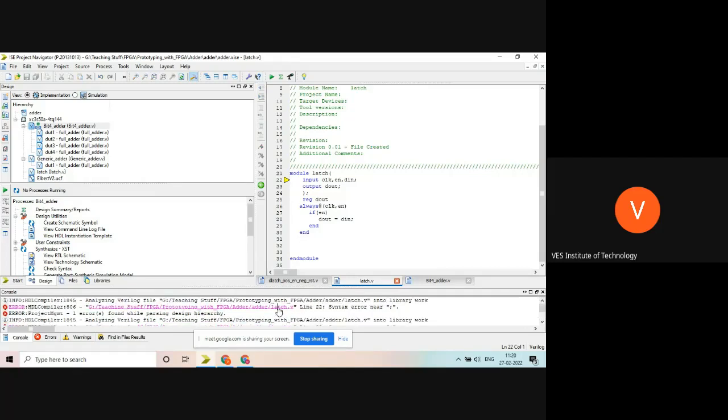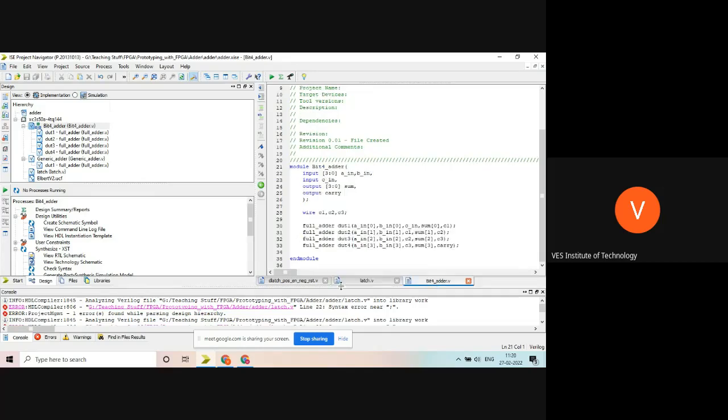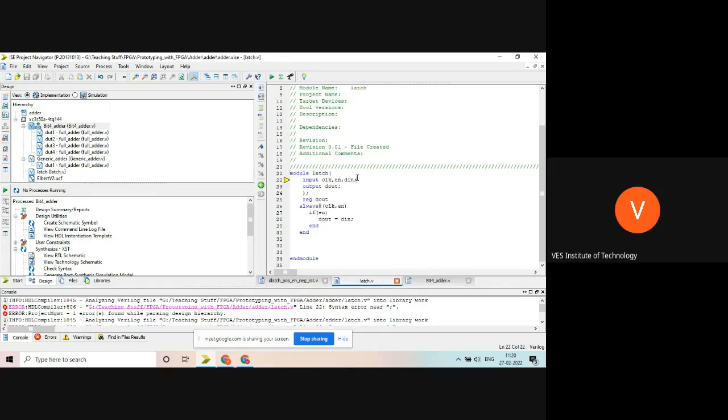There is one error here, which I'm not understanding. Actually, that is probably, here not a semicolon, here we need a comma, because there are multiple ports. Yeah, on the last line. Yeah, D in on line 22 needs a comma, and semicolon at the last. Yeah, there also a comma is needed, and probably it will work.